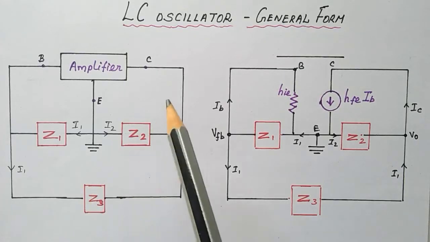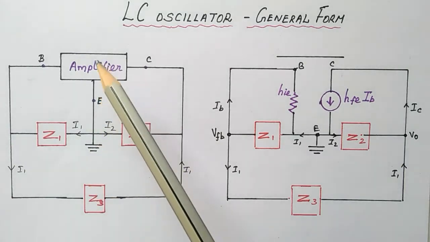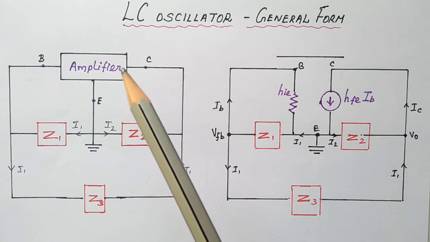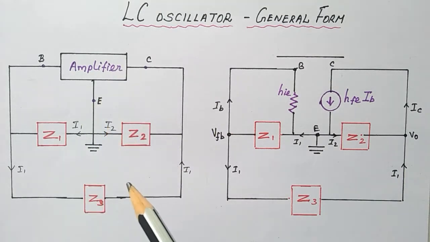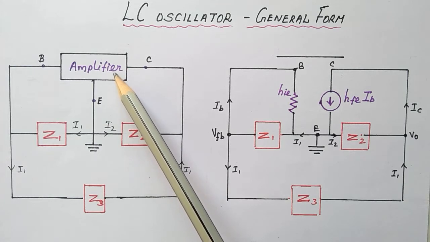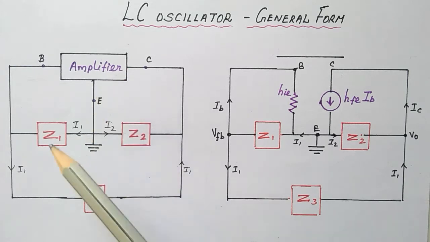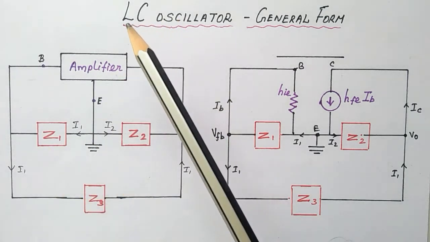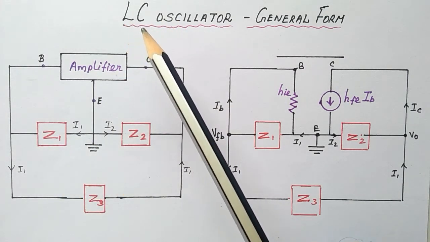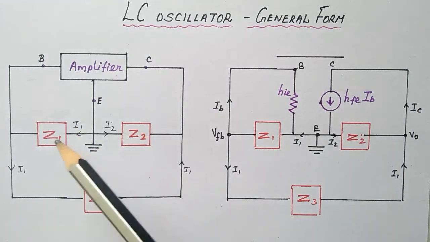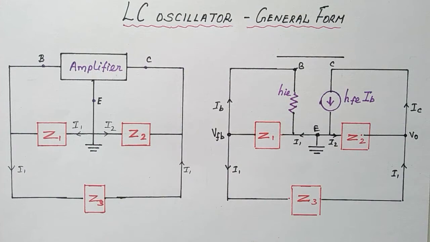This is the general format diagram. First, we look at this diagram. Each oscillator consists of an amplifier, and one more circuit, the feedback network. Here, this is the basic amplifier, which can be a transistor or op-amp IC. The remaining Z1, Z2, Z3, these three are LC components. Each can be either an inductor or a capacitor, so this is represented in the form of reactances. Hence we put Z1, Z2, Z3.